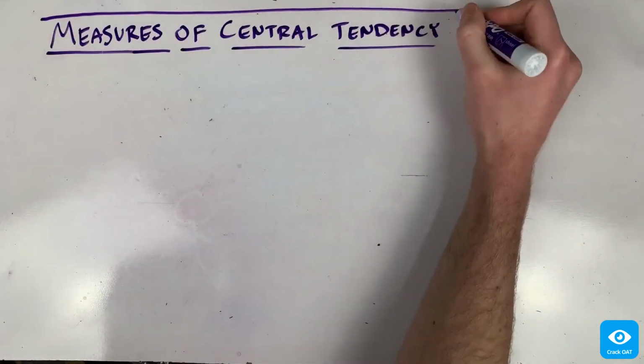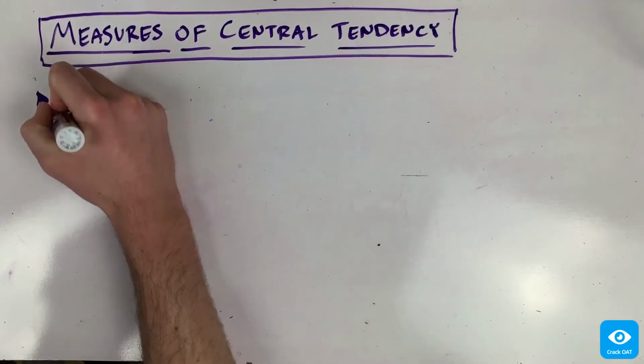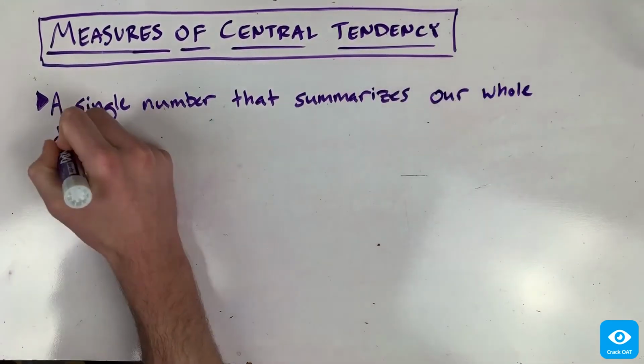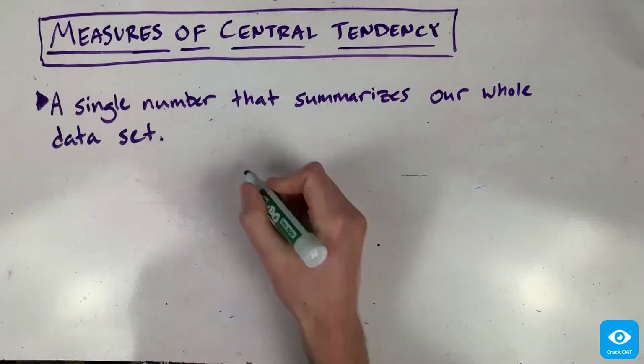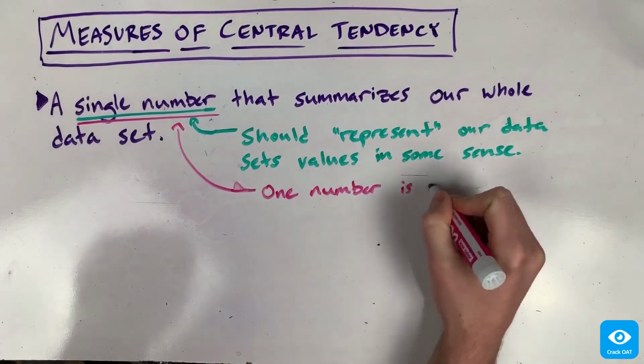And one tool to describe and analyze data is a measure of central tendency. A measure of central tendency is a single number that summarizes all of our data set's values in some useful way. It should represent the data. And it's useful because one number is a lot easier